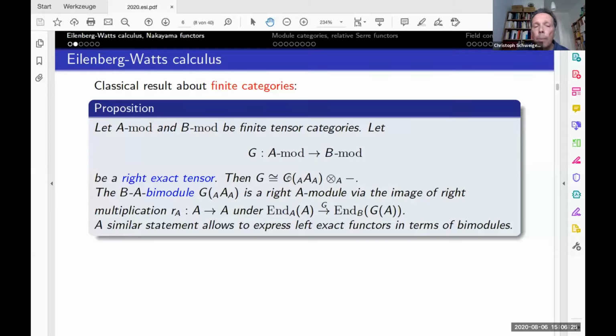And there will be a complete symmetry in this first part of the talk between right exact and left exact functors, and there's a similar expression of getting left exact functors in terms of bimodules using not a tensor product but a hom. Well, okay, so this is a nice classical result, but it's not terribly useful for conformal field